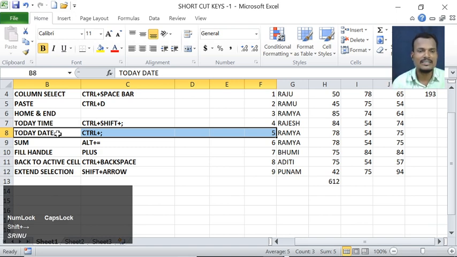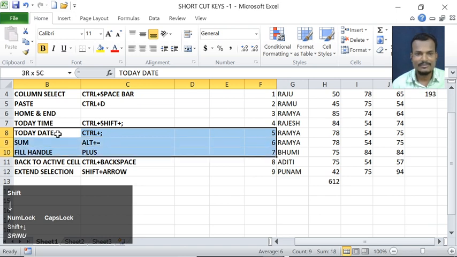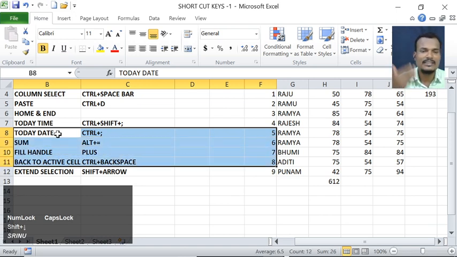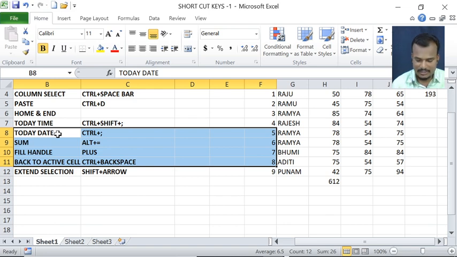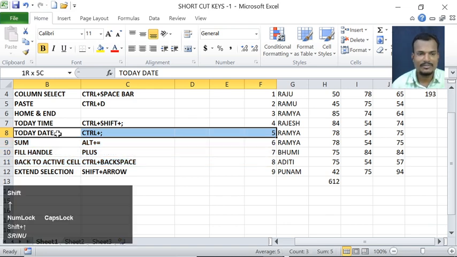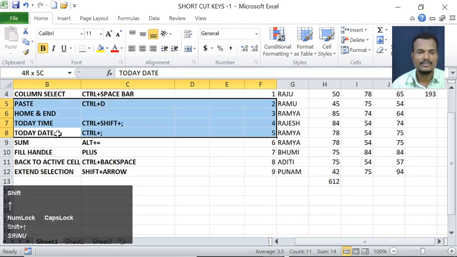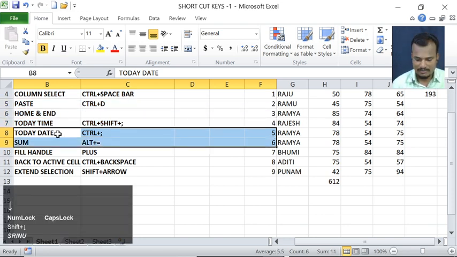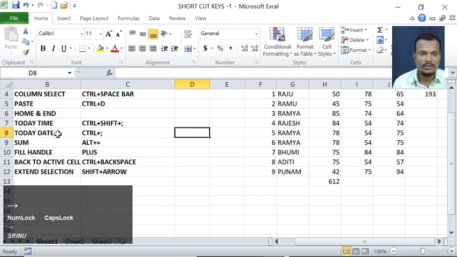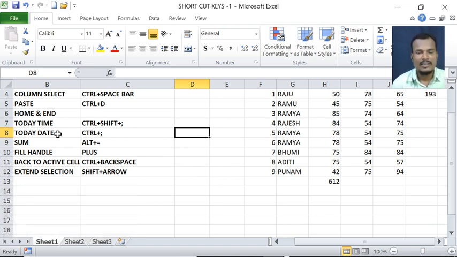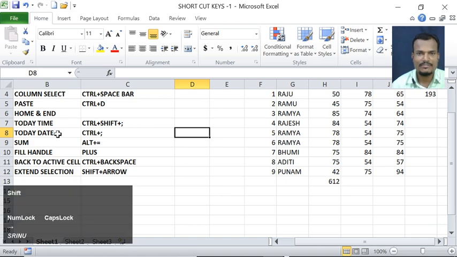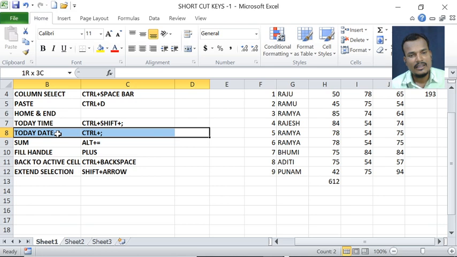If you want to select the top side, the up arrow. Just hold the Shift button and press the arrows. For example, you are here. If you want to select the left side, hold Shift and press the left arrow button.